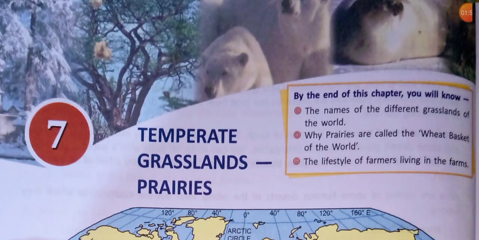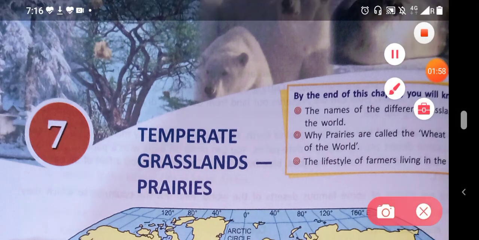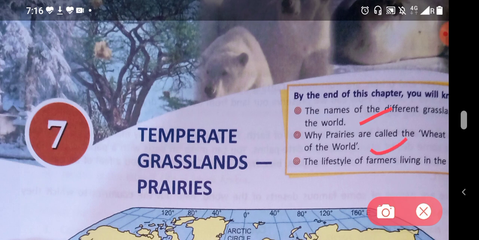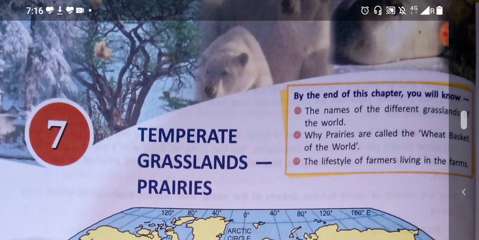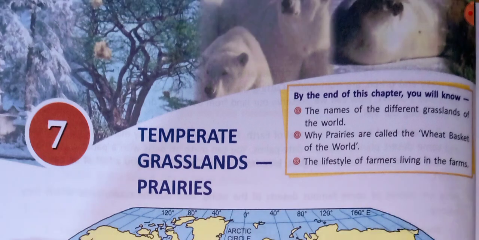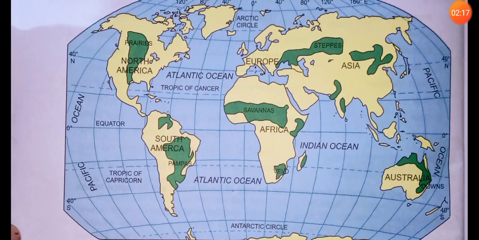By the end of this chapter, you will know the names of the different grasslands of the world and why prairies are called the wheat basket of the world, and the lifestyle of farmers living on the farms. So we will cover these topics in this chapter. You have to paste the world map filled with the names of different grasslands of the world.